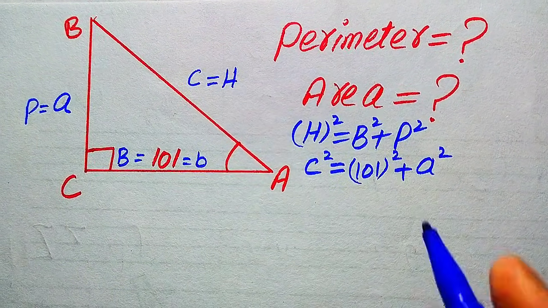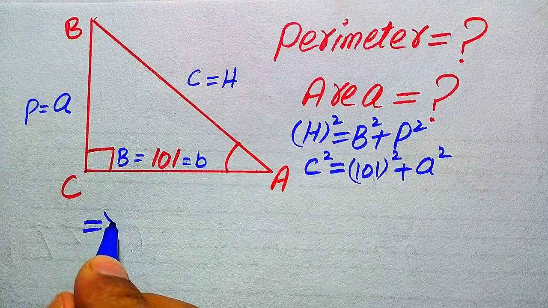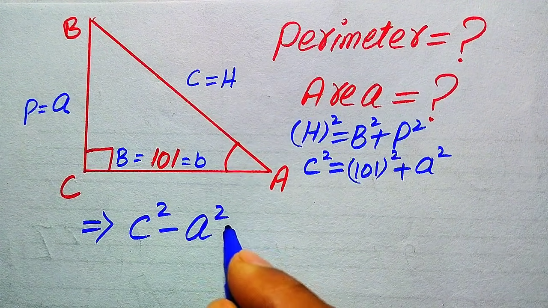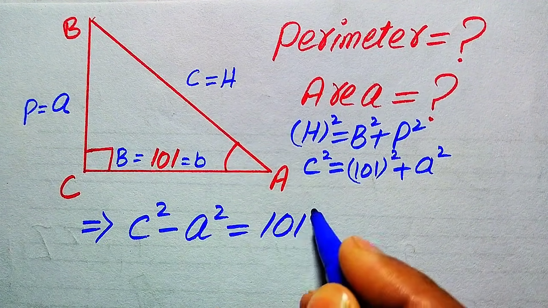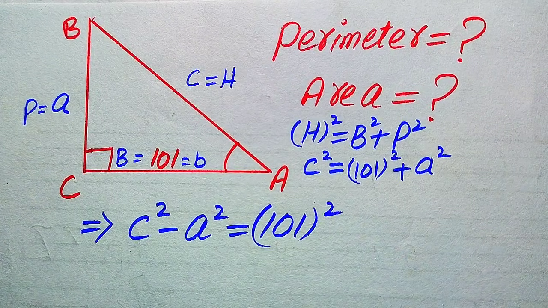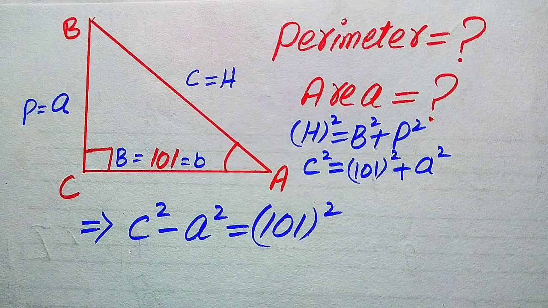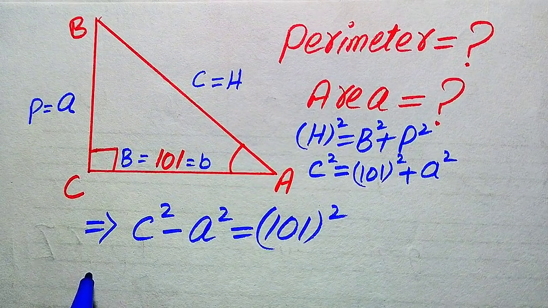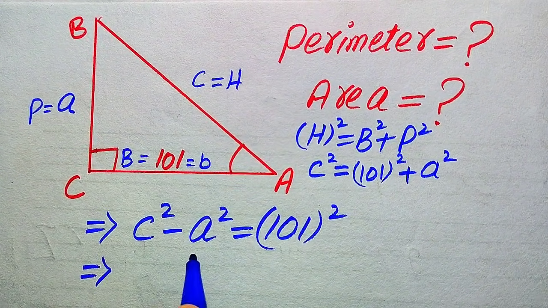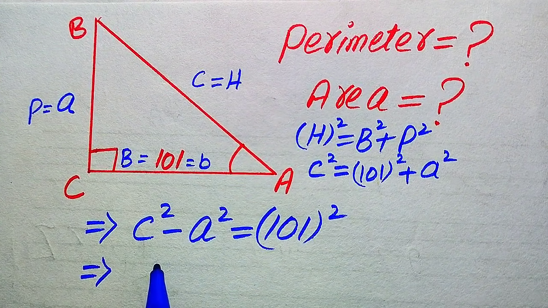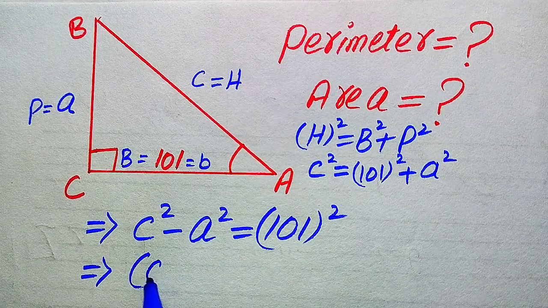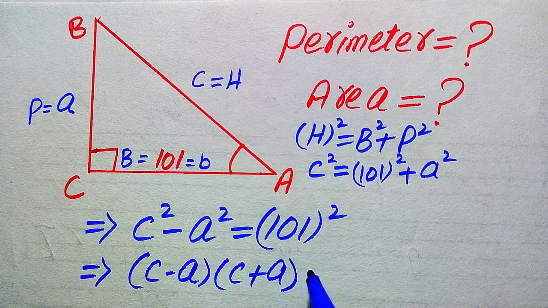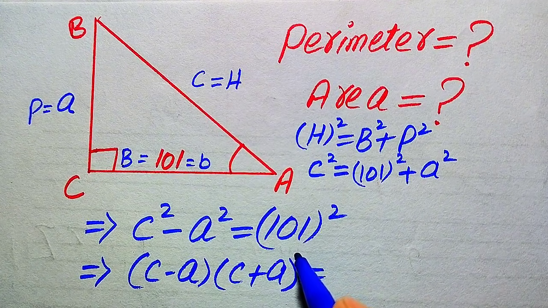So further, in the next step, we move this a square to the left hand side, and it will be written as c square minus a square equals 101 whole square. Here in the left hand side, you know this is the very famous algebraic formula: a square minus b square equals a minus b times a plus b. So this will be written as (c minus a) times (c plus a) equals 101